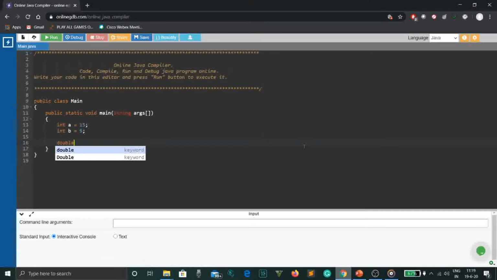Then we simply write result = a + b, just like c = a + b, any kind of equation that we write. Then we print with System.out.println, which, as I told you, is the print statement.